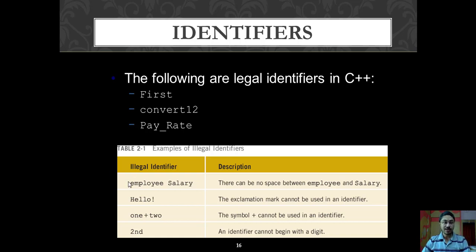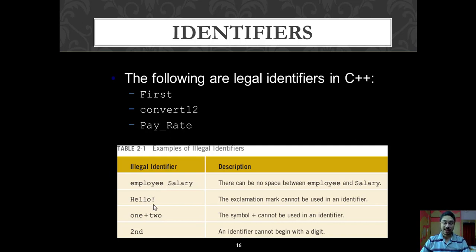Now here are some illegal identifiers. Employee salary: here we have used a space, so it is an illegal identifier, because according to the rules we cannot use a space in between. If we want to use a space, we can use an underscore like this, but we cannot leave white space here. Hence this is an illegal identifier.